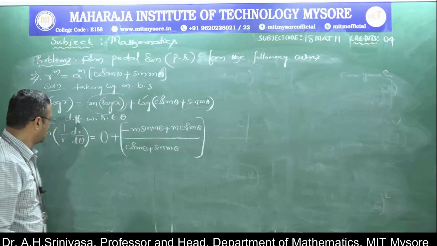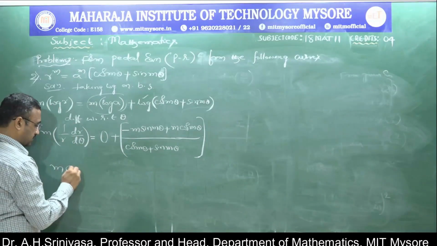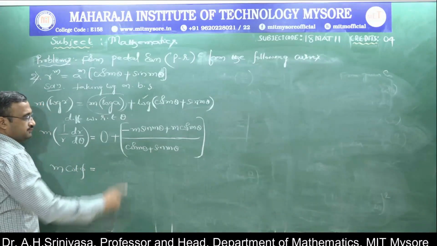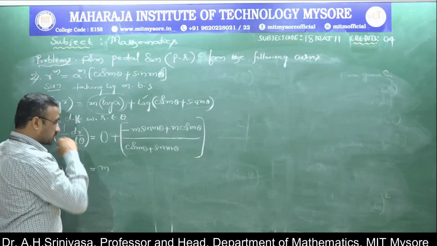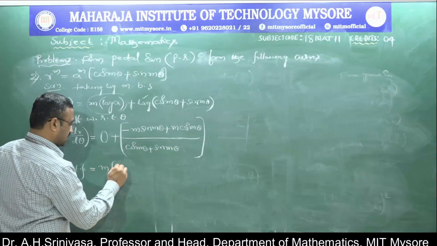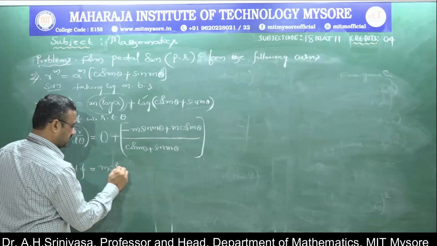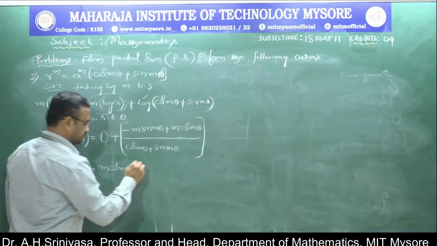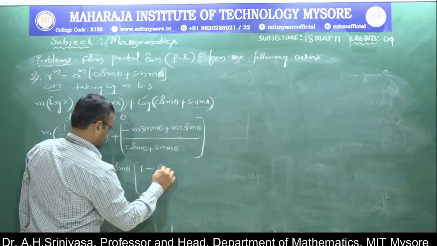Now we get m into, so for this one we write cot phi will be equal to, taking m as a common factor, we can also take cos m theta as a common factor as well. If you take cos m theta as a common factor, in both numerator and denominator, this becomes 1 minus of